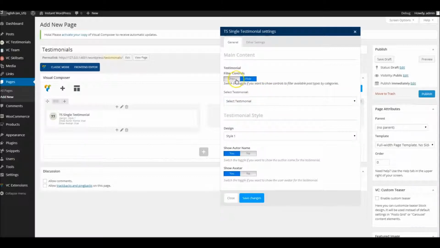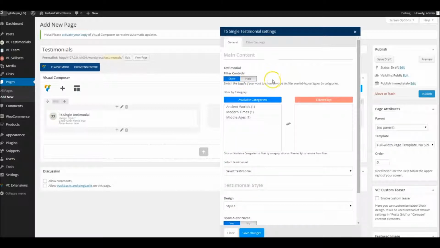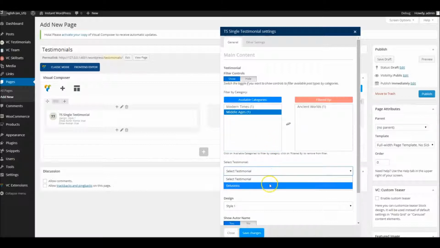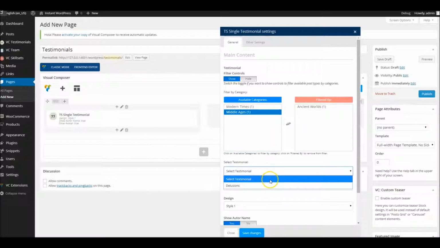In those cases, you can filter the list by turning on the filter controls, and you will have a listing of all available categories. So in order to filter your list, you just apply the categories you like, from available to filtered by, simply by clicking on it, and your list down here will be filtered based on your selection. So Ancient World only has 1